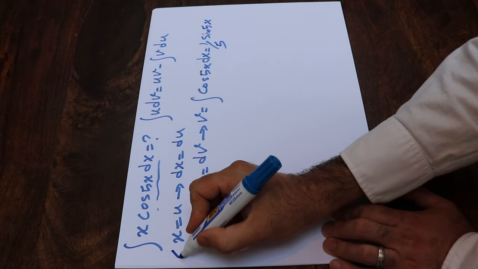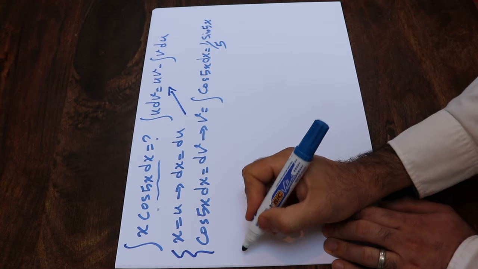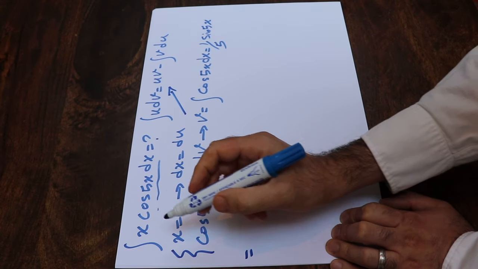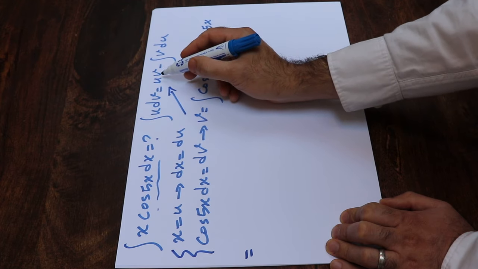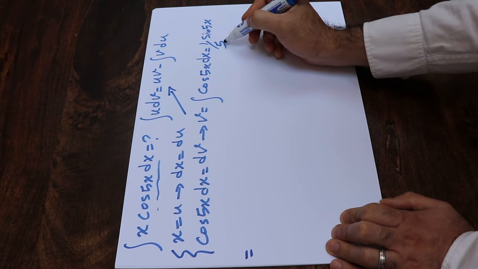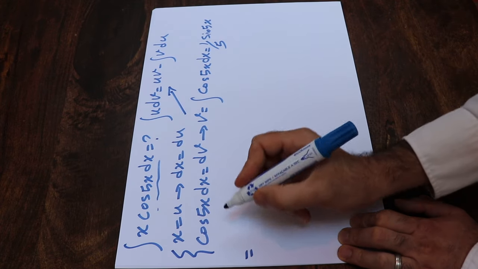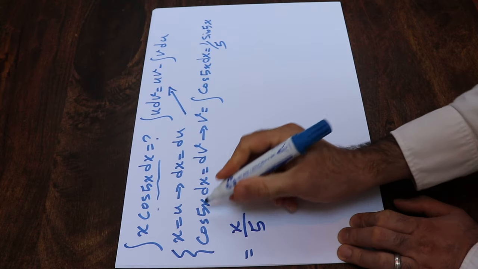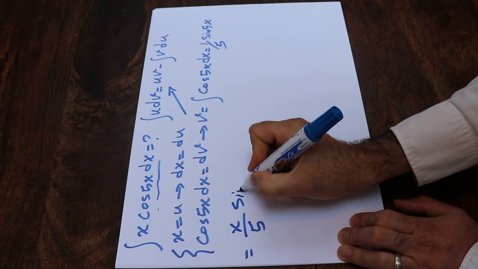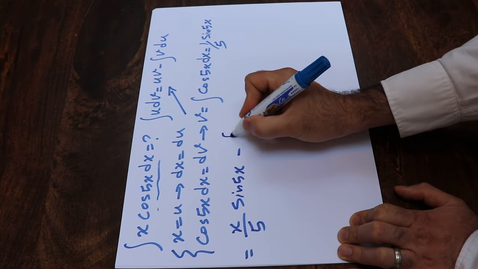So in any case, now you have these equations, you need to substitute them into this formula. So the integral of u dv will be equal to uv, that is, u is x and v is 1 divided by 5 times sine 5x. That means uv will be equal to x divided by 5 times sine 5x, minus the integral of v